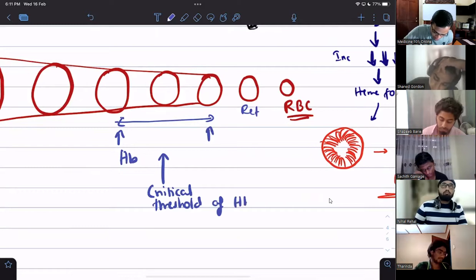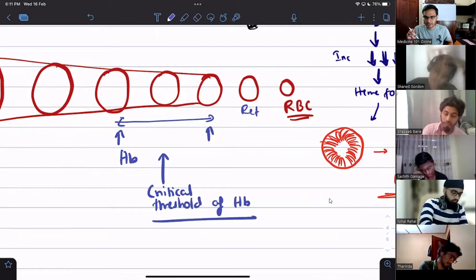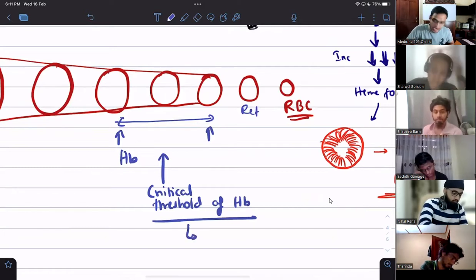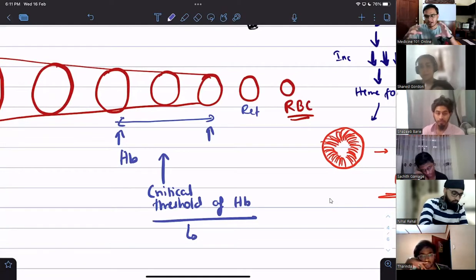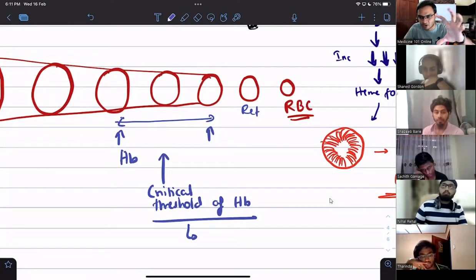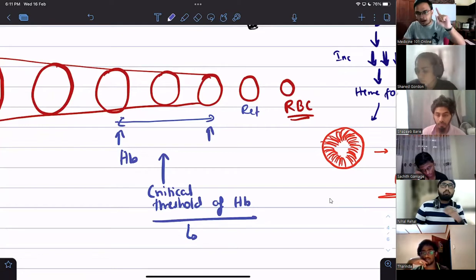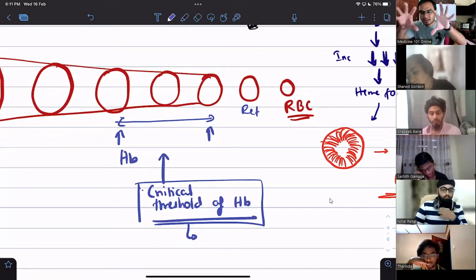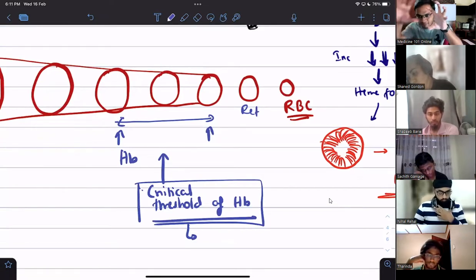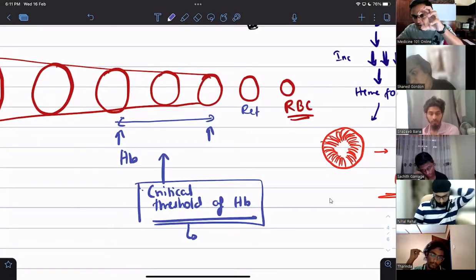of hemoglobin. Once the critical threshold of hemoglobin is reached, the RBC doesn't reduce in size drastically. Few more divisions. Next step is reticulocyte, a little bit smaller, and then the RBC, a little bit smaller. That's it, it comes into circulation. So once that critical threshold of hemoglobin is reached, the reticulocyte becomes a little bit smaller, then at the next stage, the RBC, erythrocyte stage, it becomes a little bit smaller.